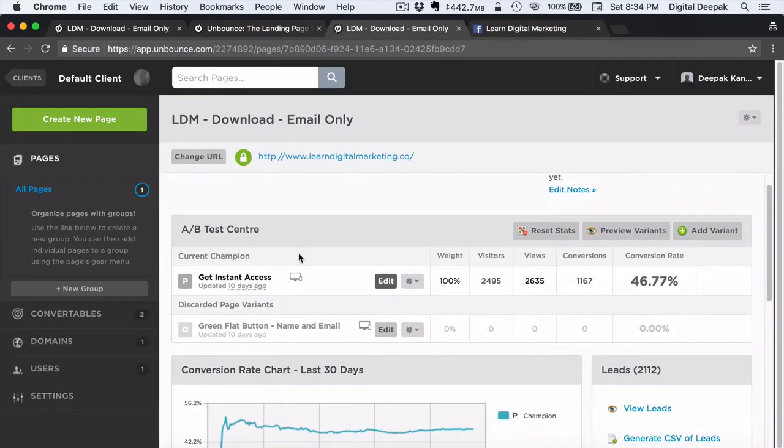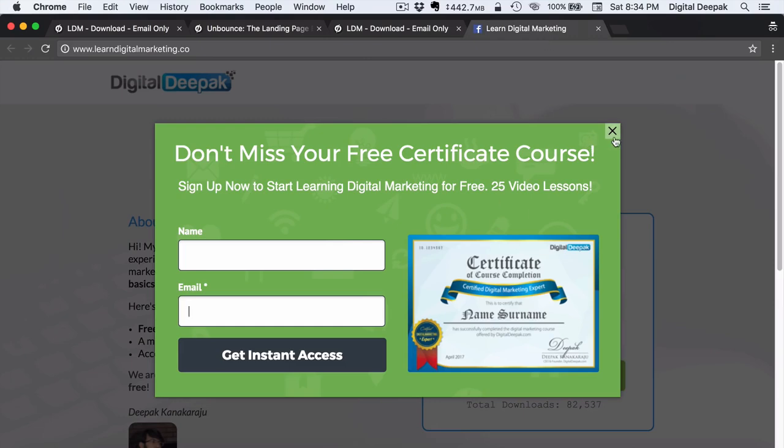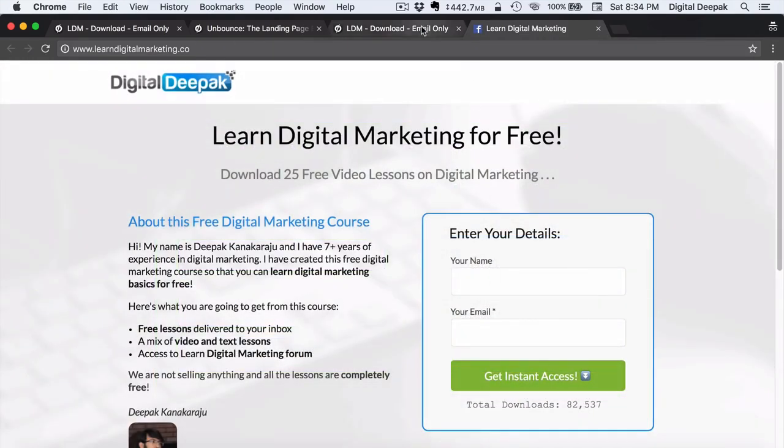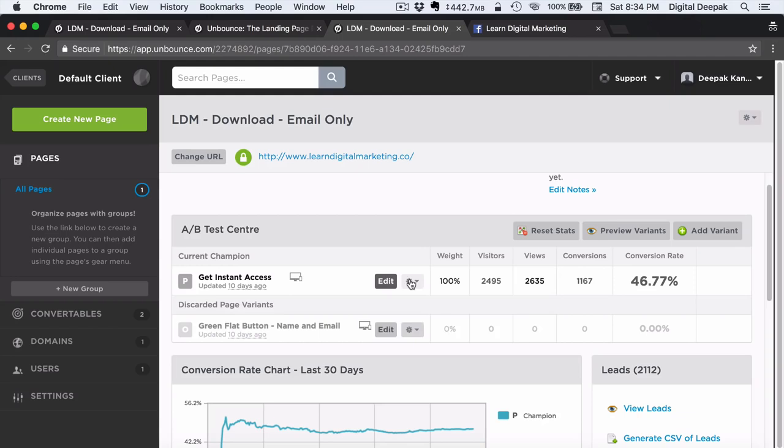Right now I am running only one version of this landing page, but I have something called the A/B test center here, which means that I can test 2 different variations of the landing page and see which performs better. For example, if I want to find out whether a green colored button or a red colored button would perform well, I would go ahead and create a duplicate of this page. I will click duplicate this variant,